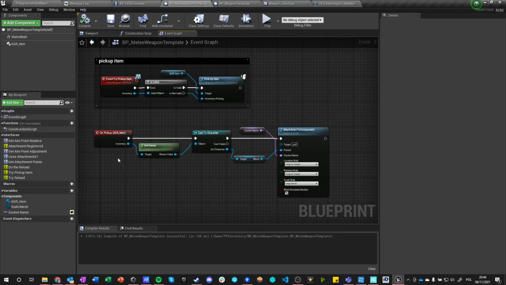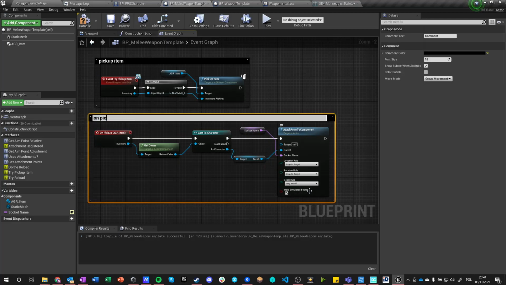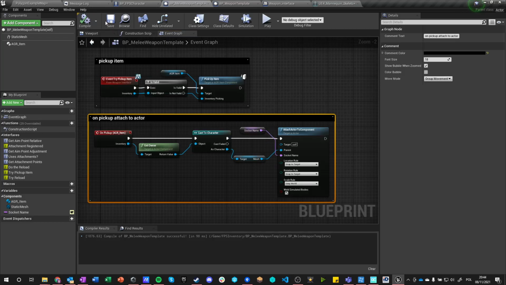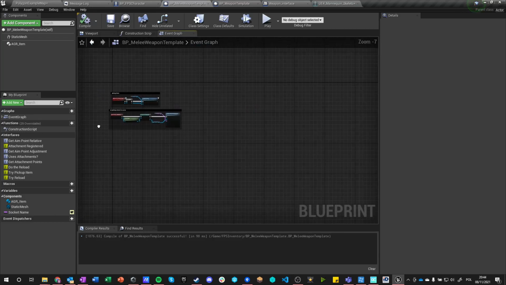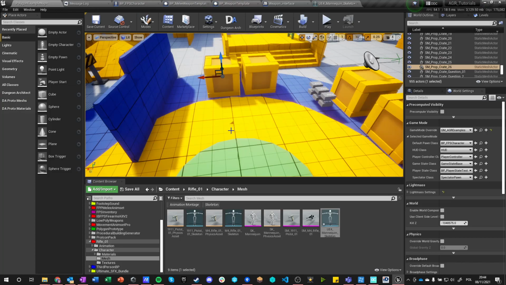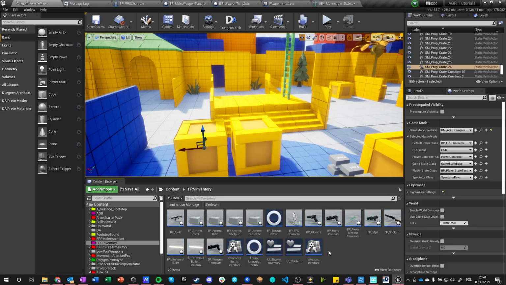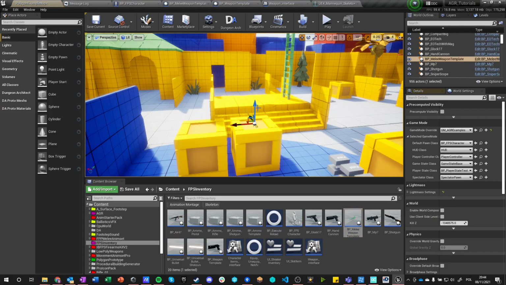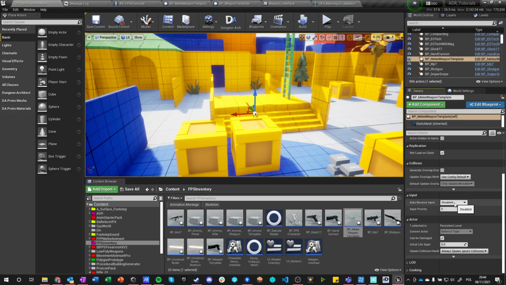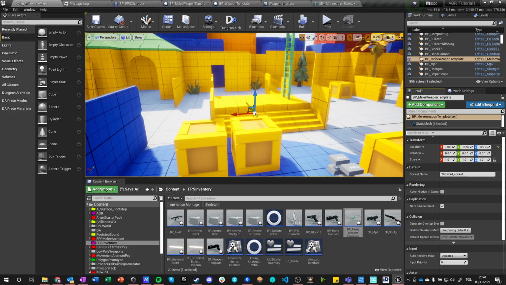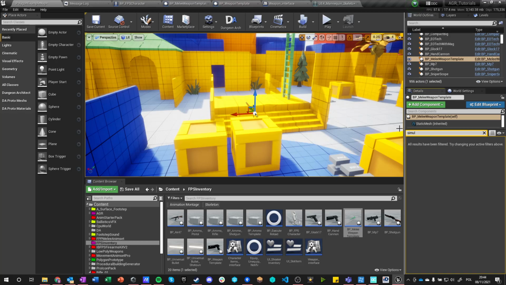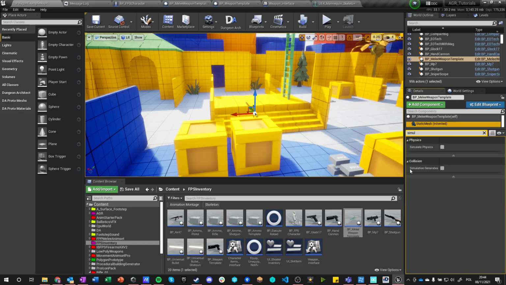Okay, I'm back. So yeah, now on pickup attached to actor. So we just got this, and we're going to just show how it works. And let's go here, take our melee weapon template, just put it here. And by the way, we can say simulate physics on the mesh,